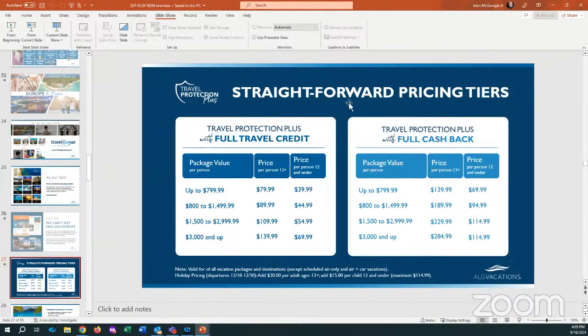More importantly, about 96% of the passengers that are booked with us, our advisors are selling the Travel Protection Plus full travel credit. It starts out at only $80, so it's a lesser expense. But the cool thing about this is that if your customers have to cancel after they've made final payment, you're going to get a commission protection of $200.